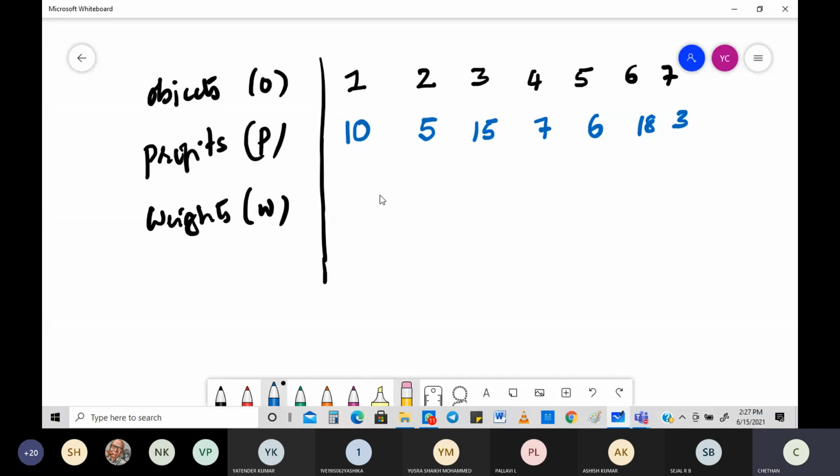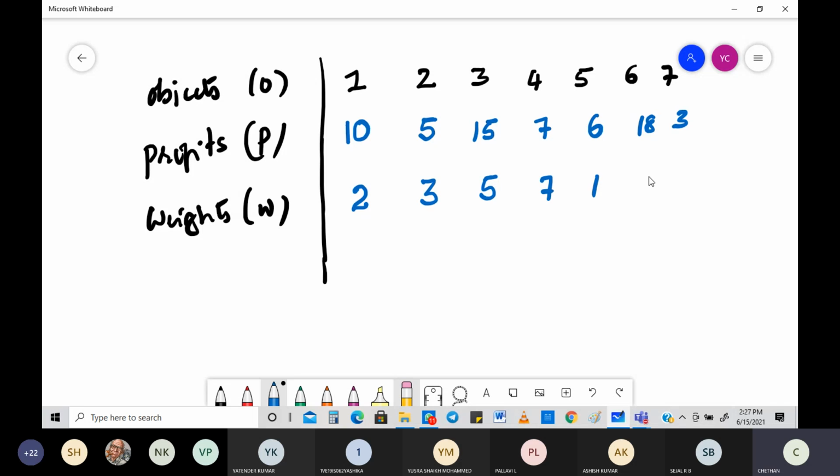Then there are weights also to be given like this. What is a weight? Object 1 is of 2. What 2? It can be kg, milligram, or gram. You don't have to worry about the unit. Probably we'll take kg because that's what we always learn. People say pound, and some will think pound is a currency. Of course it is, but even in weight there's something called pounds. Some say quintals, some say tons, but we'll take kgs, which is easy for us to understand. This is the weights they have given.